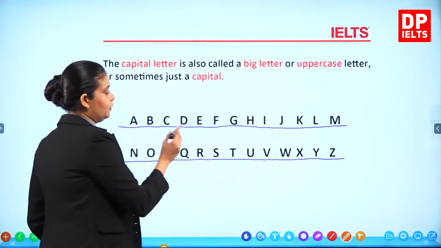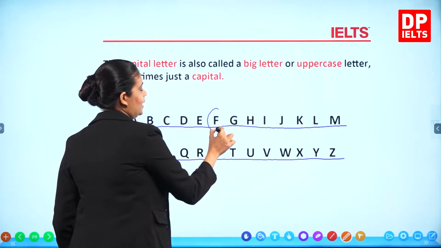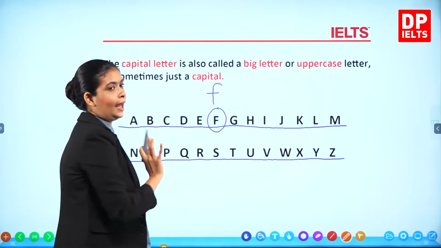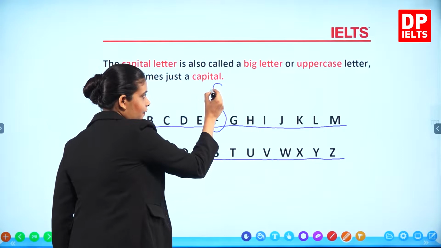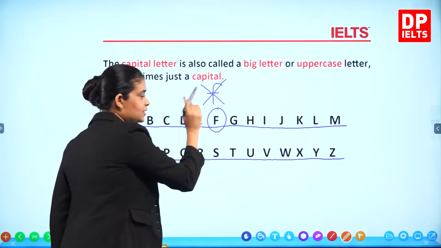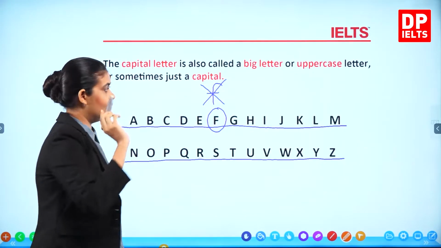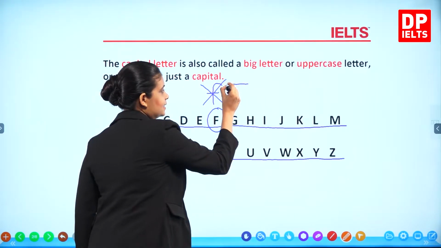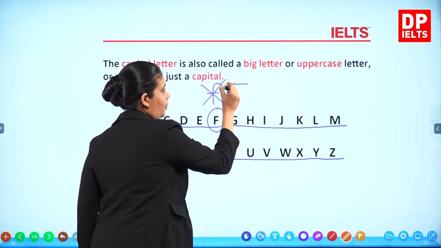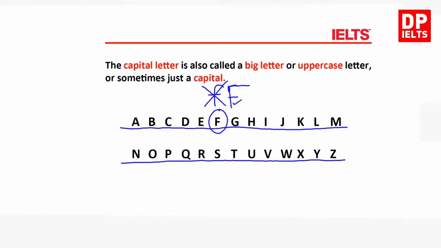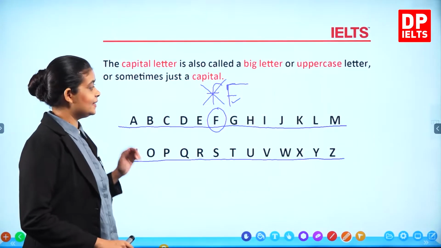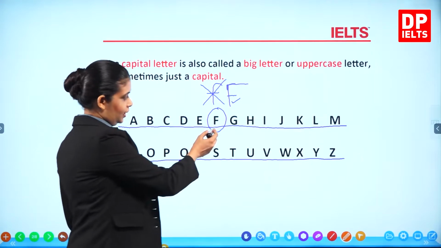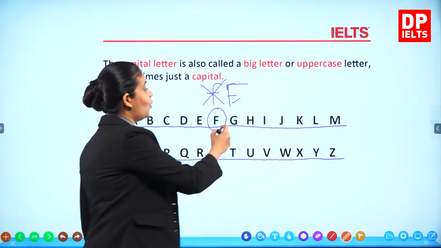Now remember F, I want you all to focus on one aspect. This is not capital F. If you can see this curvy part, that is not a capital letter. The capital letter F has a point. Can you see? A sharp point here. And that is the correct letter. So let's have a look at the next letter, which is G. Now G, you could write it this way, or